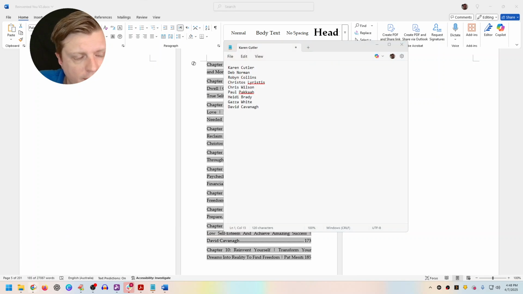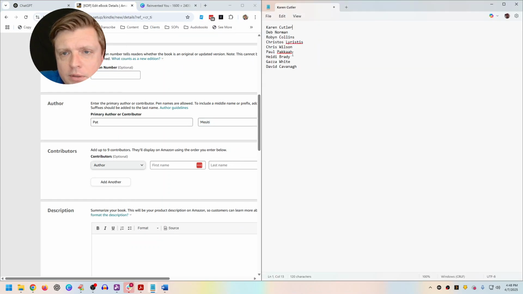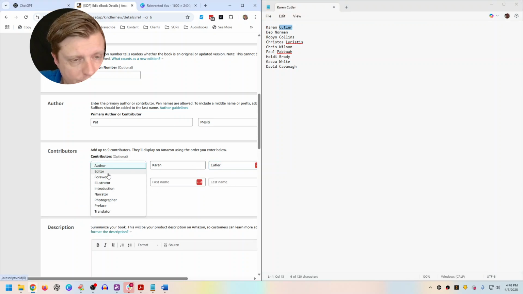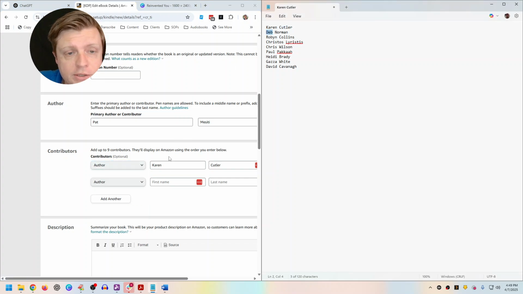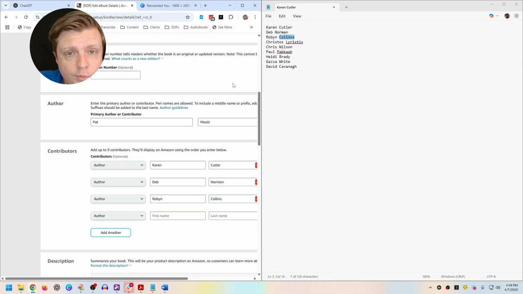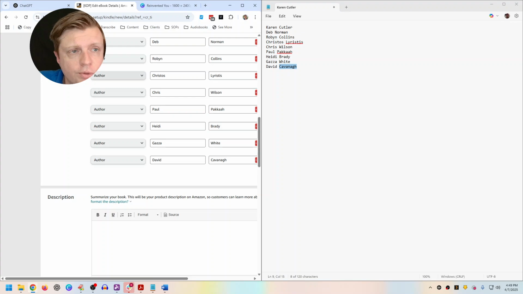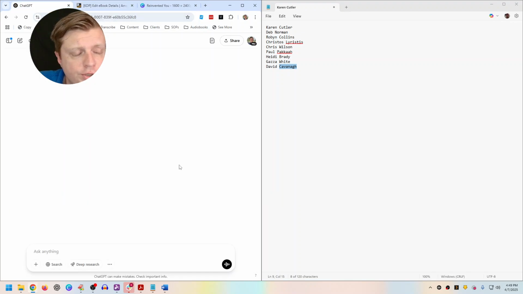Okay. And then we just go back to KDP and we just sort of tediously add the authors, and you can add if someone wrote a foreword or someone translated. That's just how you add in the various author names to the book. Okay, up to 10 total. And then ChatGPT should be done